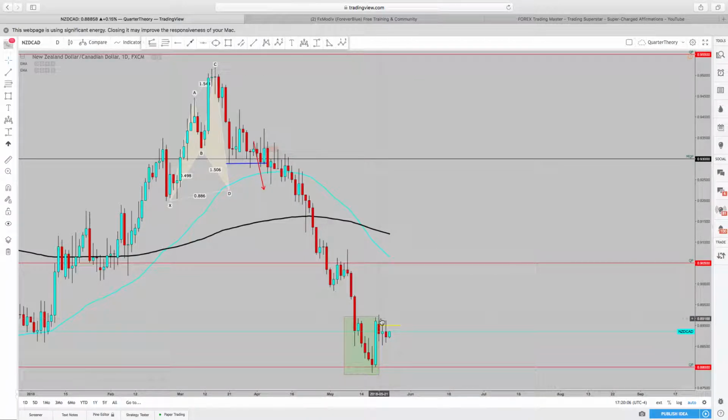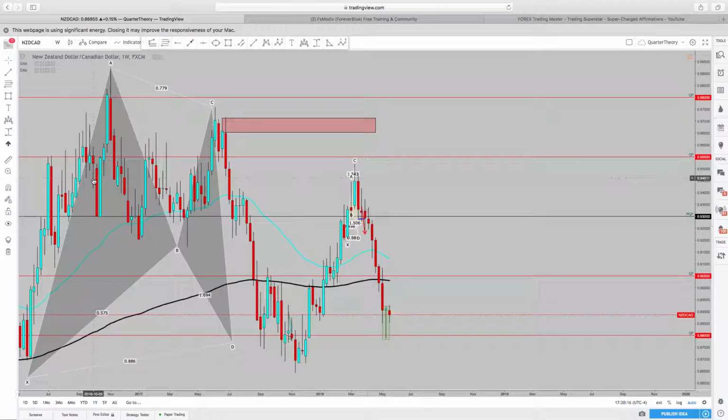If I'm looking for a sell, I'm looking for price to break below here to confirm a sell entry. But what I wanted to do, the higher the time frame, the stronger the trend. And also we see harmonics even on a higher time frame level. So looking at this right now, even though it takes quite a long time to get there, I see a